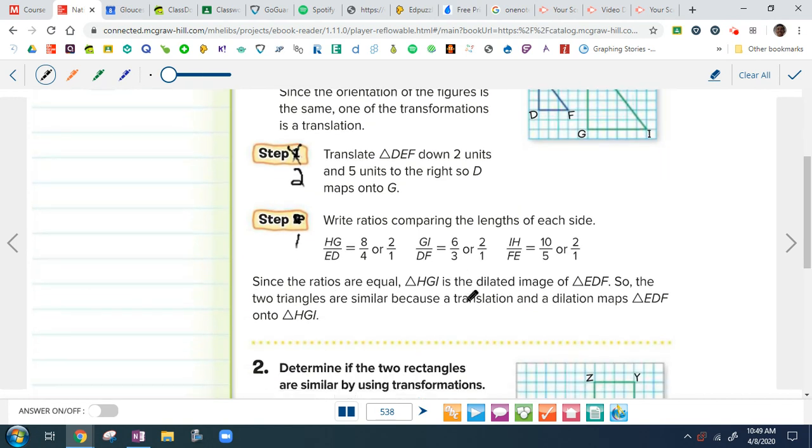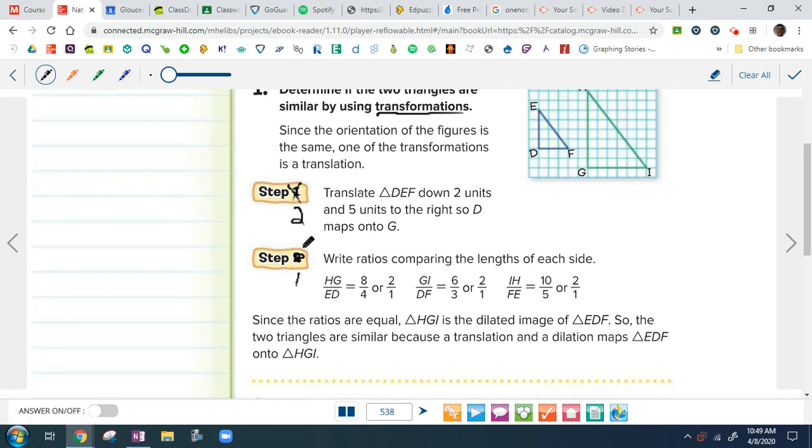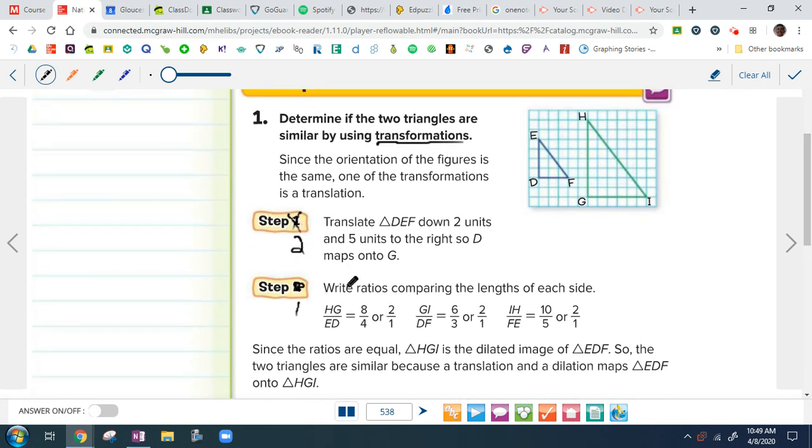This is what they did for their step 2, but we're going to make it step 1. First things first, check to see if they're even similar by checking whether the ratios of corresponding side lengths are equal. They took HG and put it over ED. Now, I haven't been focusing on which one to put on top, but you'll want to write down here that the lengths of the new shape, we call that the image in math,